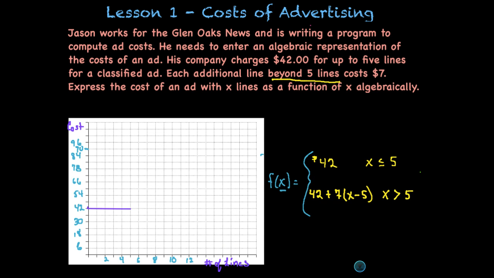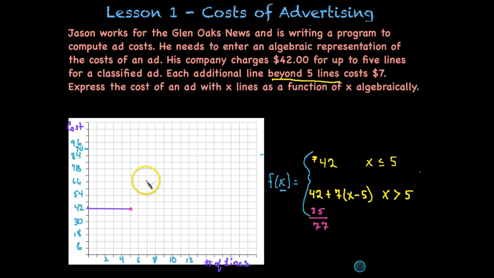Okay, now how would we graph that equation? Well, if we're going to graph that equation, we could simplify this, put it in slope-intercept form, but that would be a little bit difficult. We know that our starting point is going to be right here. We just need an ending point. We can pick any one of these x values for an ending point as long as it's greater than 5. So I'll go ahead and pick 10. So if I plug 10 in here, 10 minus 5 is 5, and 5 times 7 is 35. If I add the 35 to the 42, I get